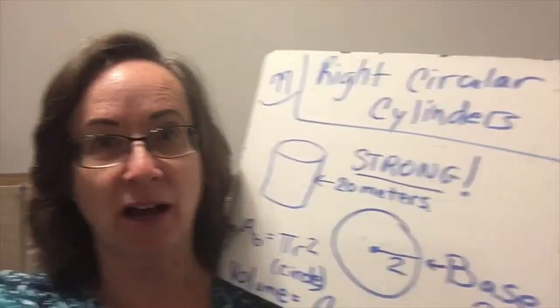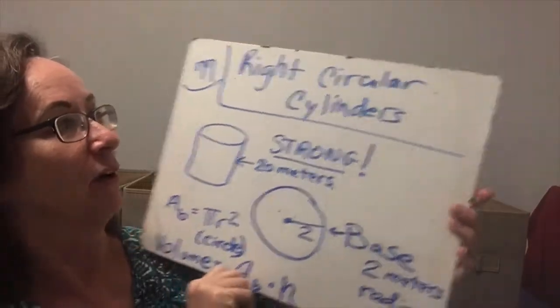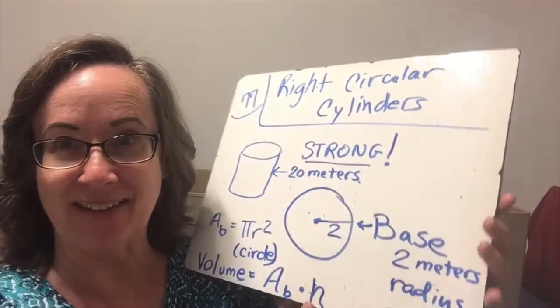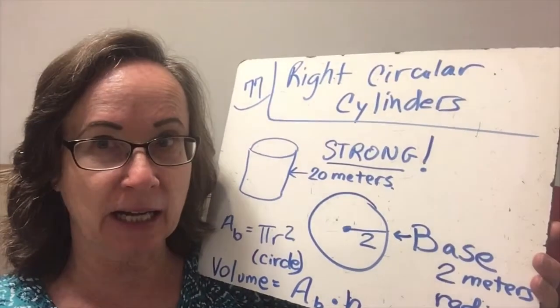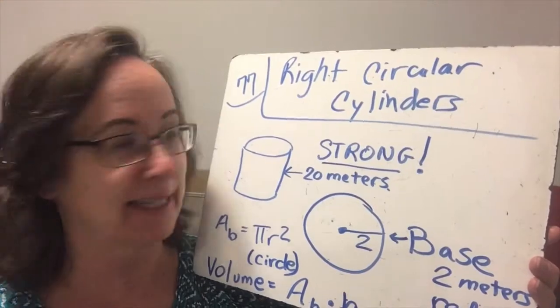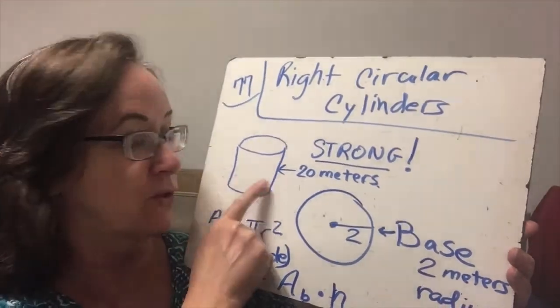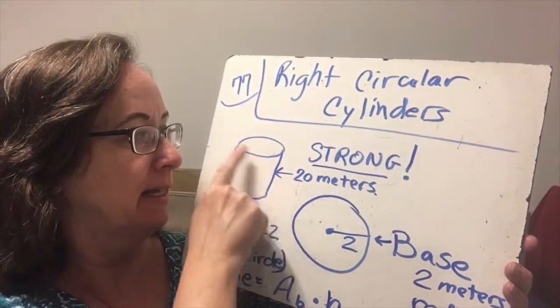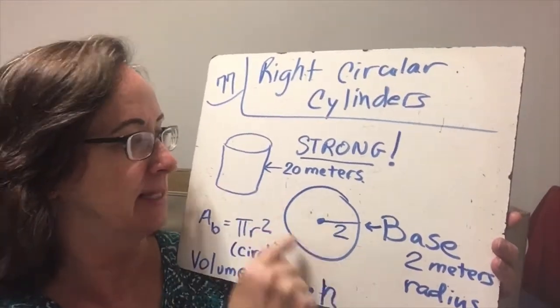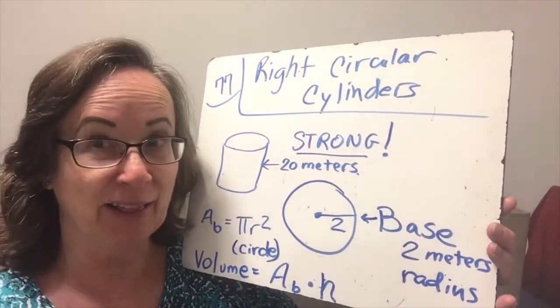And today we are here to talk about right circular cylinders in lesson 77. And so we're going to talk about the fact that cylinders are circular on the base. So we call the bottom of it the base, and it looks like this. And it looks very much like